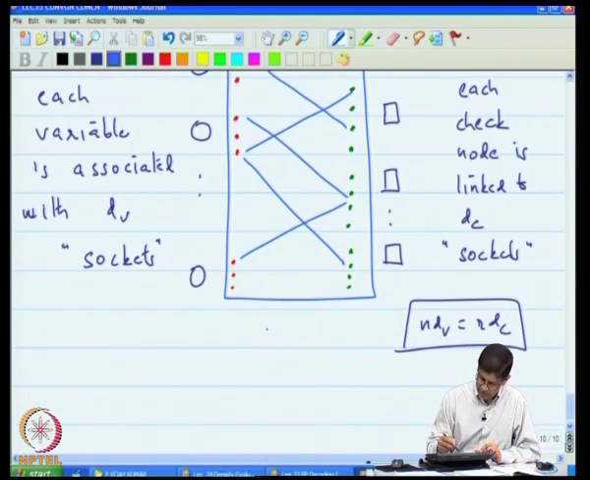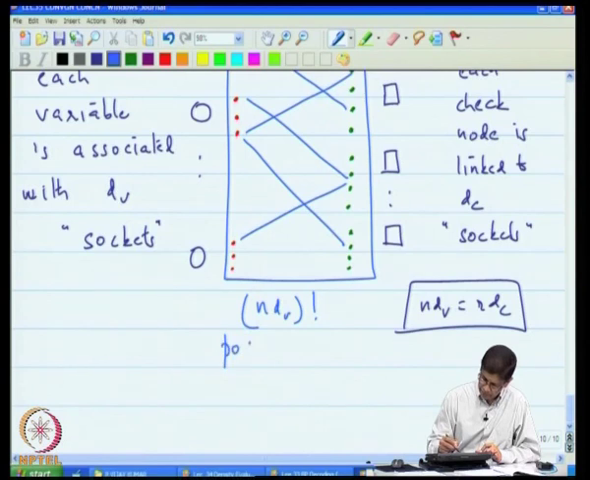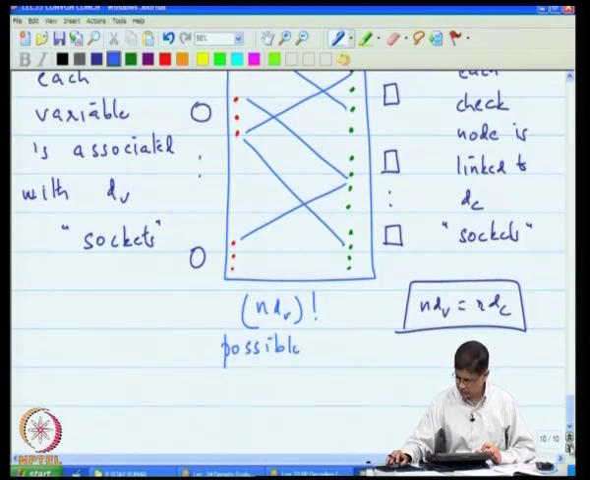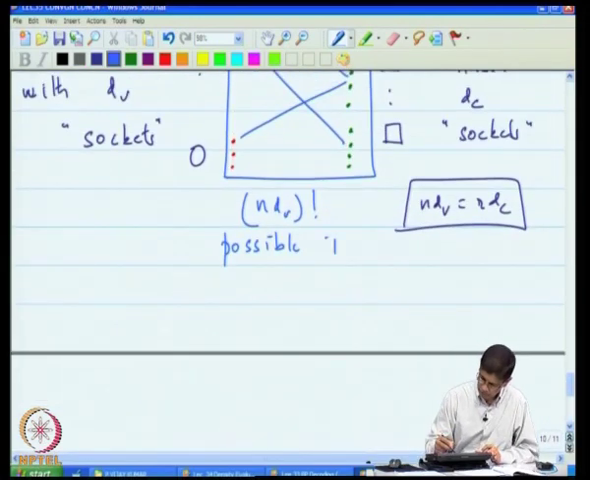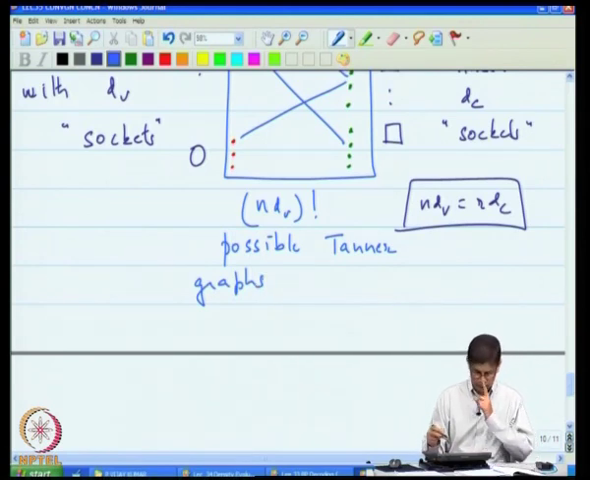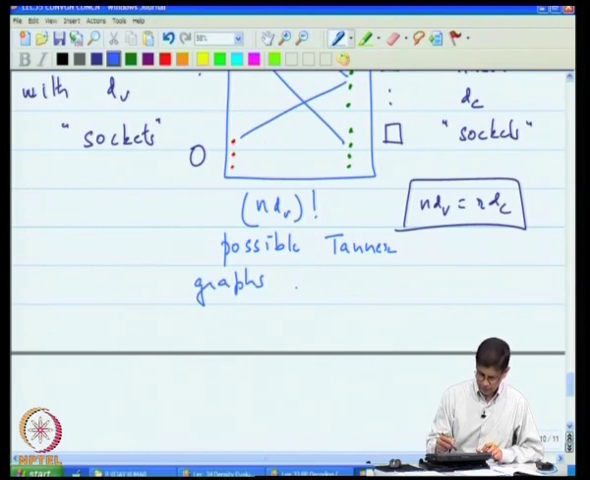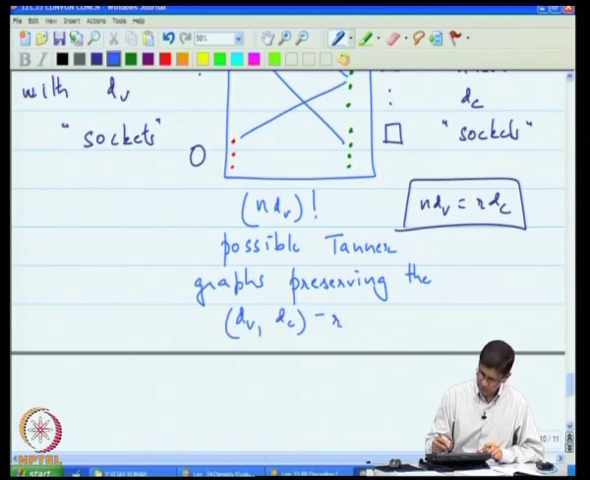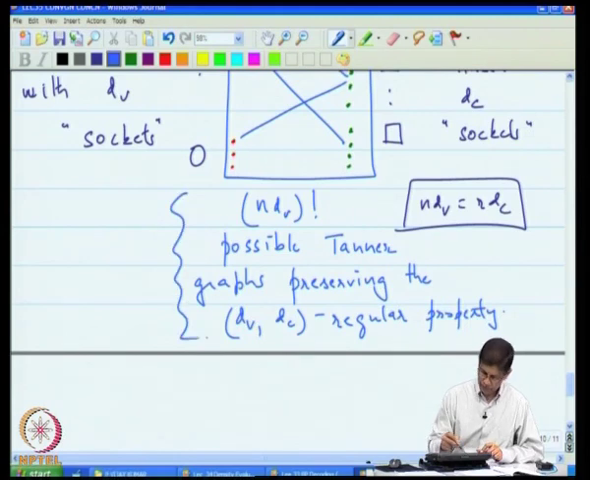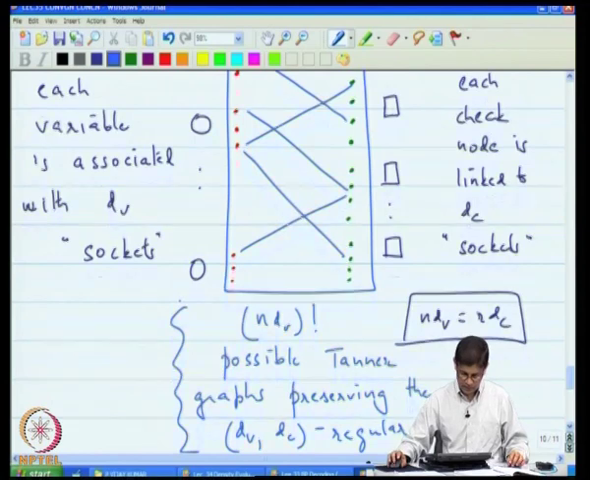Okay. So, there are N dV factorial possible Tanner graphs preserving the dV/dC regular property. Now, there is one issue that might cause you to think a little bit, namely that look,